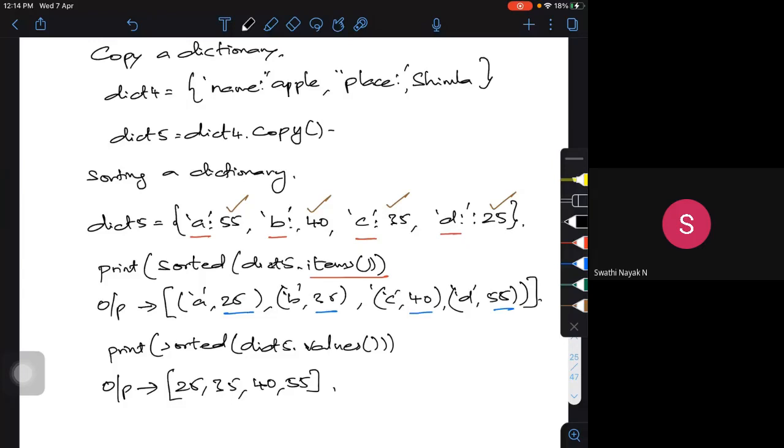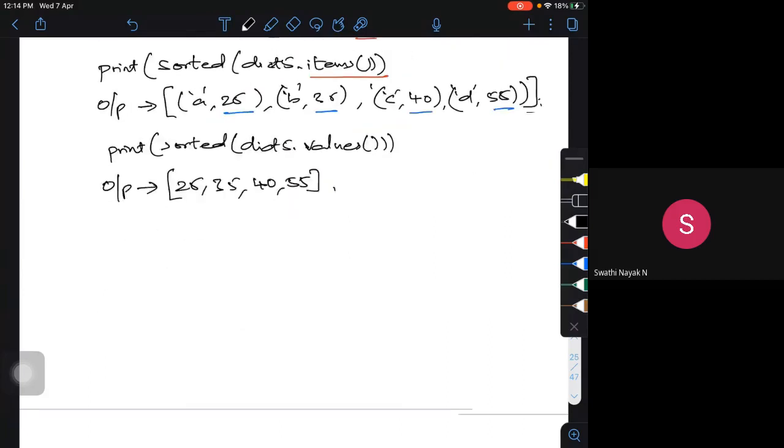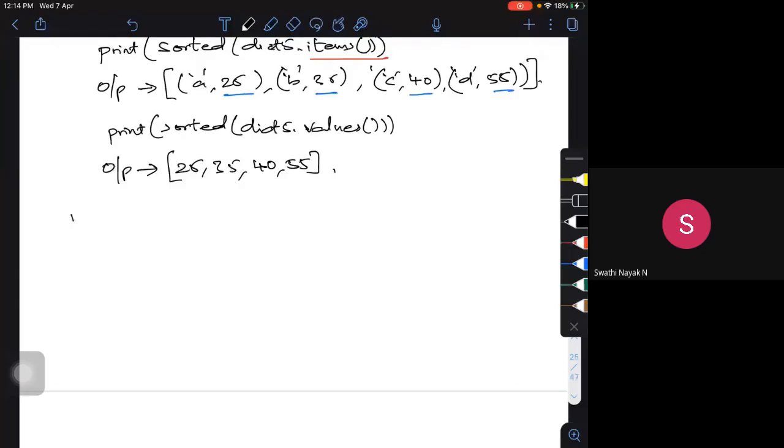There are some inbuilt functions. Sometimes we have to tell which is the minimum and maximum. Python built-in functions for the dictionary: I want to find which is the min and which is the max. If I use max, it is going to return the maximum value in the dictionary.